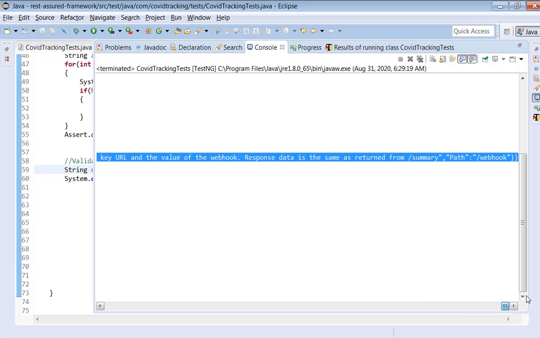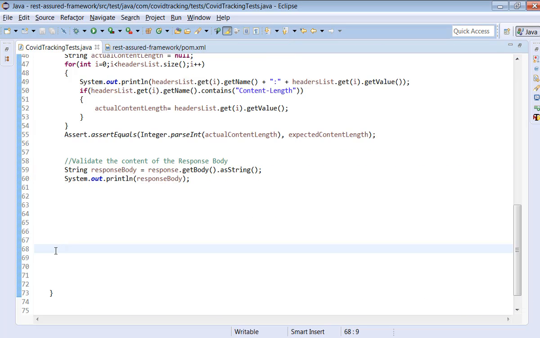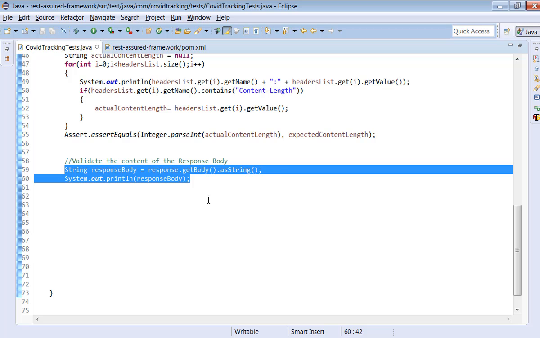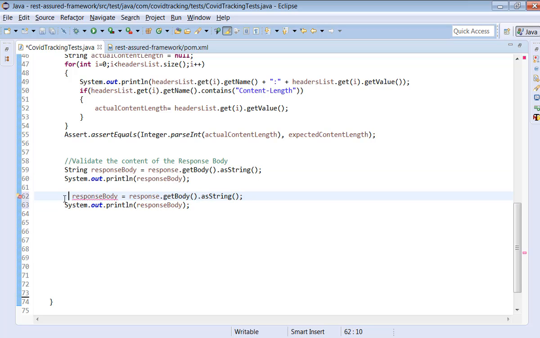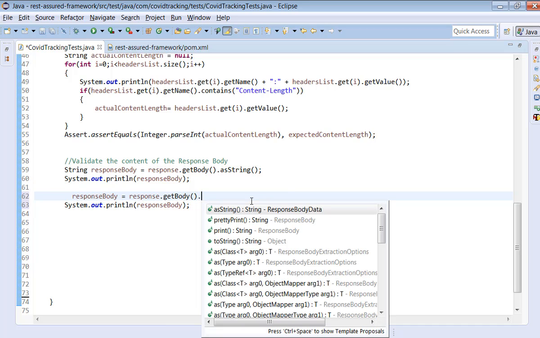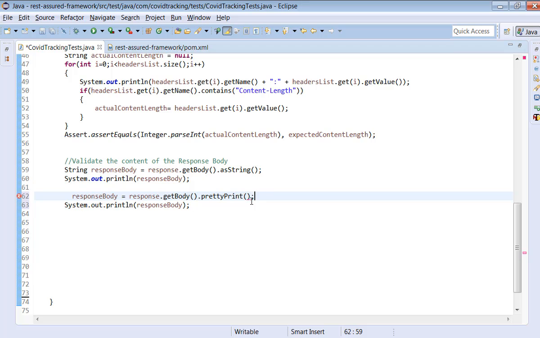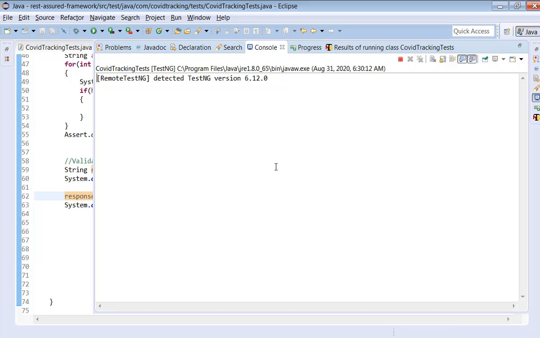See here, a very big string, right? But it doesn't look good, right? If you want to print the response using a JSON formatter, then you have to give pretty print here. Let me copy this information and keep it here. The only thing I do is get the response body in a particular JSON formatter way, just give pretty print. It will format the JSON response and print it properly. Again, execute this.